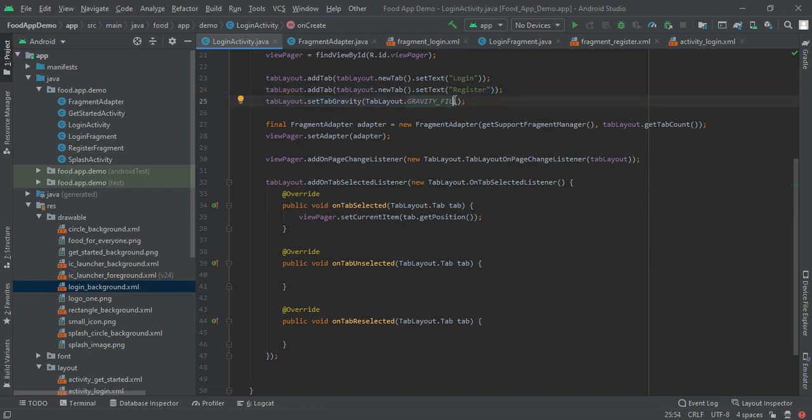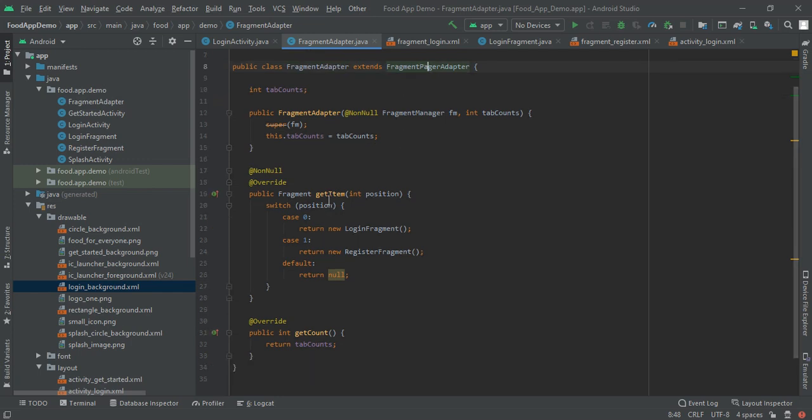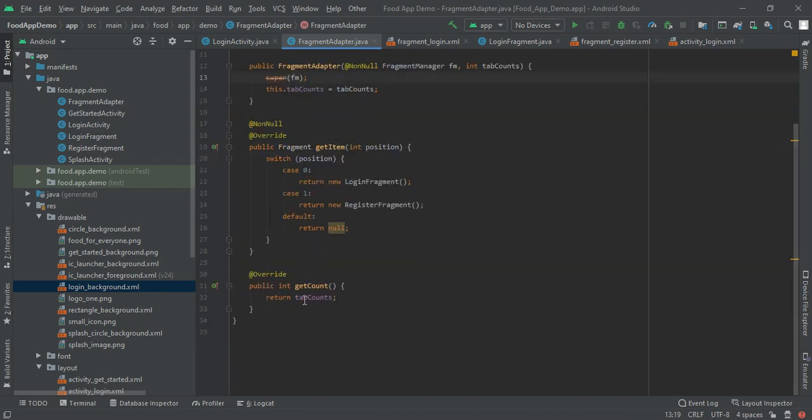Next, we have to make a final fragment adapter. This fragment adapter extends FragmentPagerAdapter, and this needs two methods, that is getItem and getCount. For our getCount, first I made an int tabCounts, and in our constructor I added the tab count of the tab layout, and then we will use that in the getCount method, so it will return the tab count.